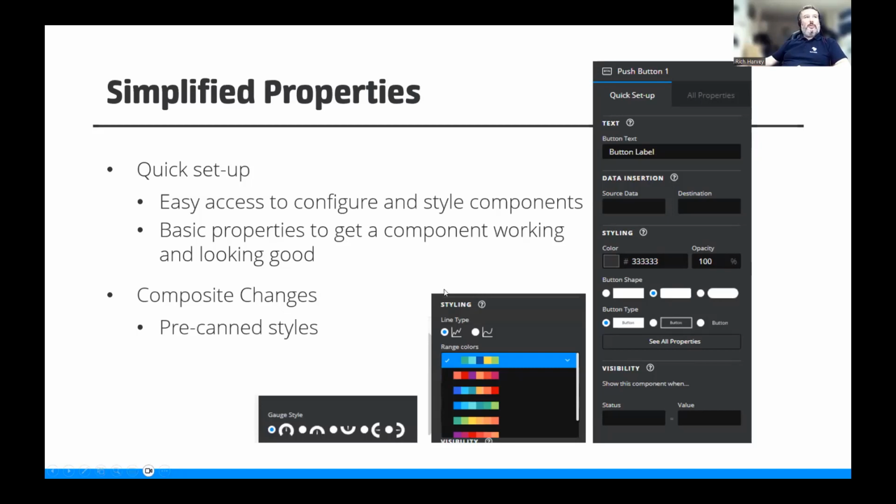We also added and exposed it for more things as well. So some pre-canned styles where you can select button shapes. You can change chart types from a line to a spline. You can change the pre-canned colors for charts as well for different ranges and gauge styles. And all of those are using that composite approach where we can give the end user via the property one simple question, but behind the scenes it might do 10, 20, 30 different things